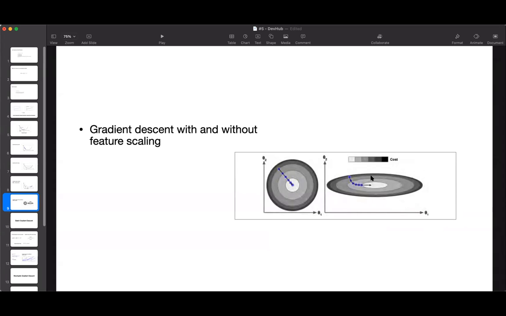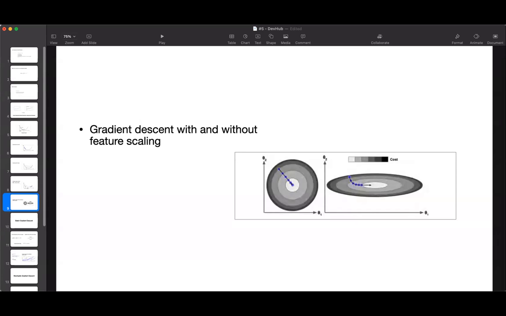Whereas on the right side, see the two features. For example, take two features, one is theta1, another is theta2. These two features have different scales. What happens here, I'll give you an example. On the left, the gradient descent algorithm goes straight towards the minimum. You can see a straight line after traversing through different dots.